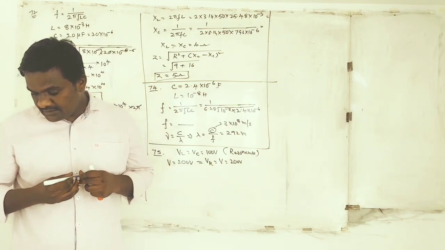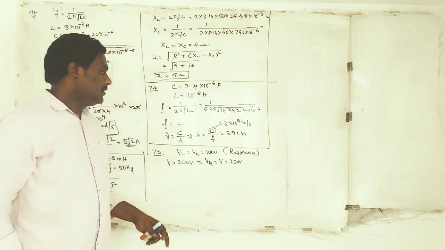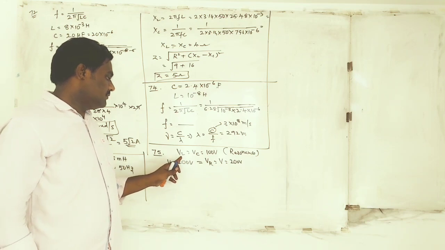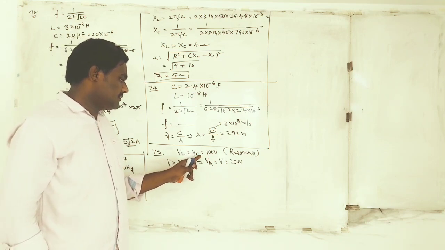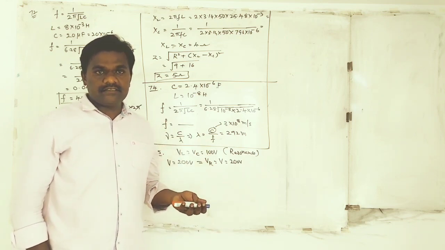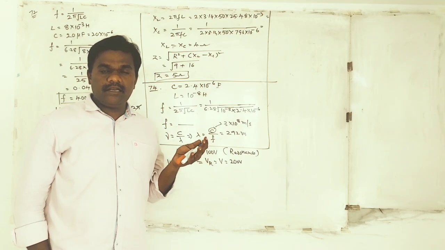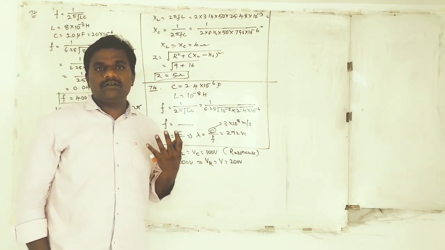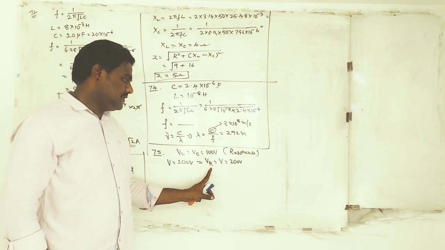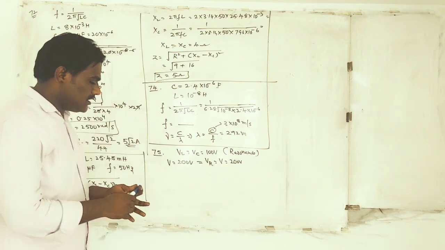So your option is option C. So I repeat, during resonance. How can you find the circuit is at resonance? Since voltage of inductor and voltage of capacitor both are the same, VL is equal to VC, then XL is equal to XC, the circuit is at resonance. Then the total voltage you applied to the circuit will act across the resistance. Hence, the given voltage is equal to the resistance voltage where the voltmeter is connected, hence it shows 200 volts.